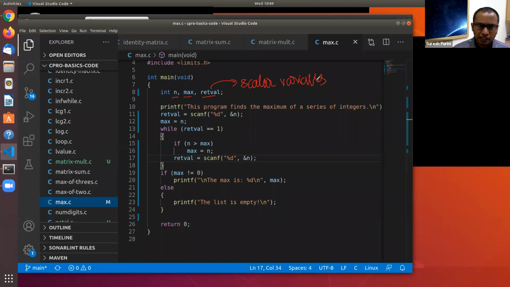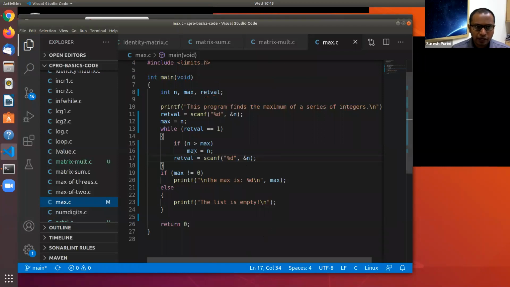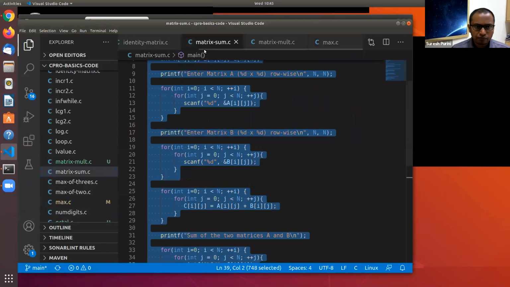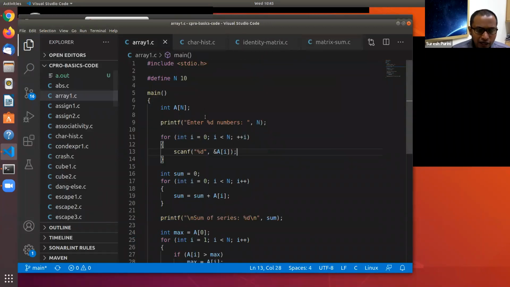And now we will see a new data type called arrays through an example. Let's go to this program. So here on line 7, you can see a data type declaration int a of n.